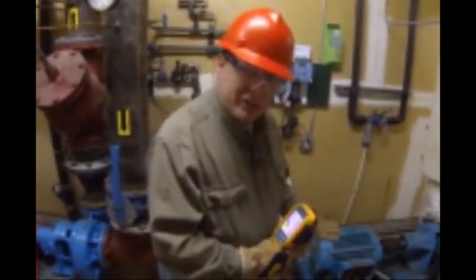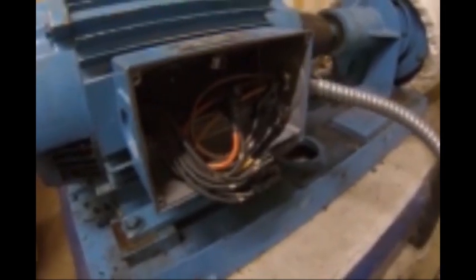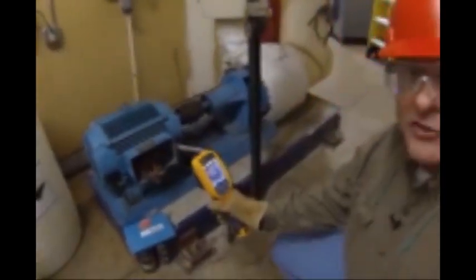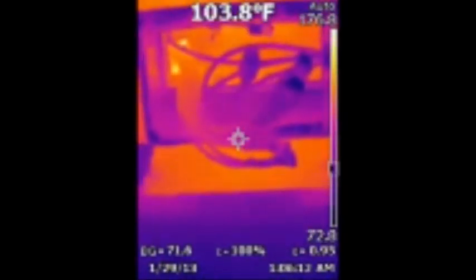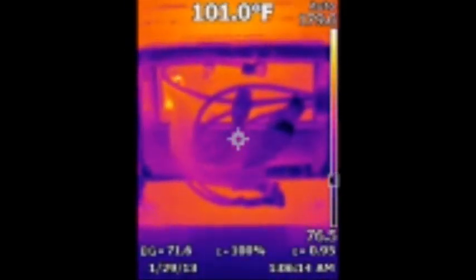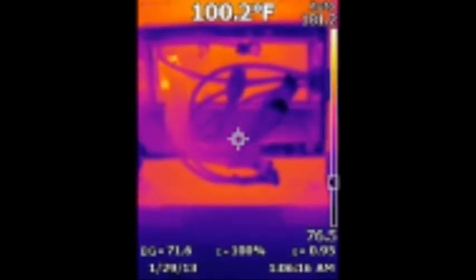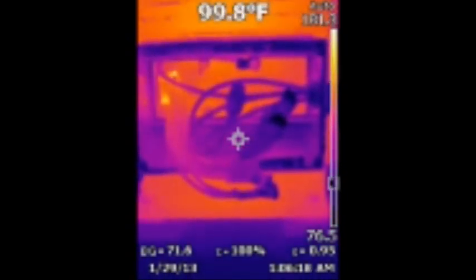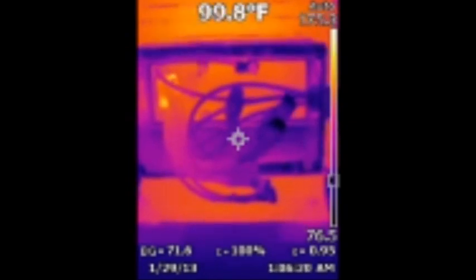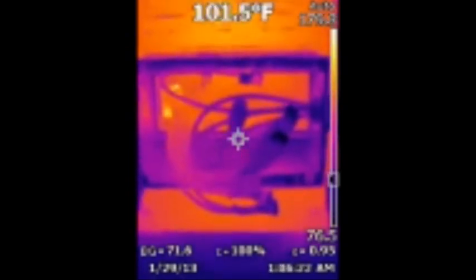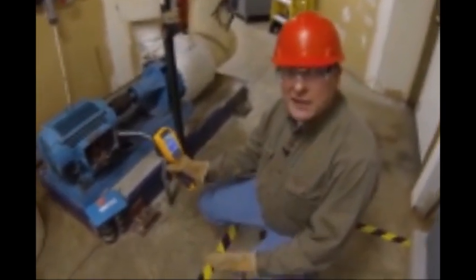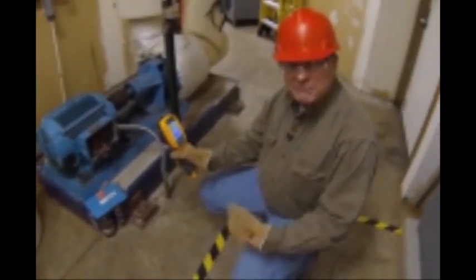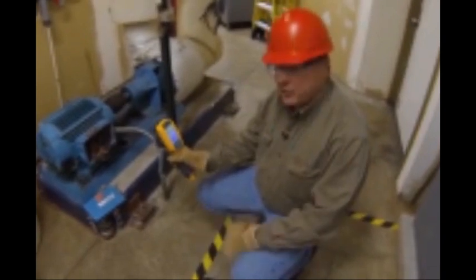Next thing that I'll move on to is the electrical itself here in the termination box. I'll look for high resistance connections. So I'm not seeing anything here, but if I were to see a high resistance connection, it could be too loose, too tight, strands broken on the line, something like that. That will dissipate some of the electrical energy you want to actually make the motor work, and it will dissipate it as heat, as waste heat. And it might not be a whole lot every year, but those kind of connections add up, so definitely take